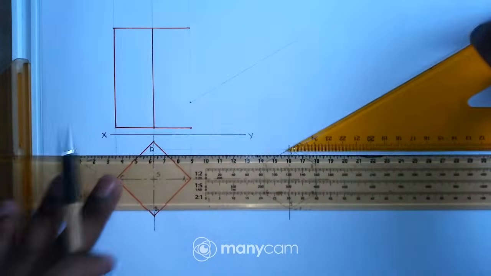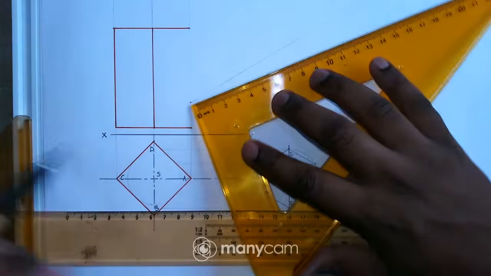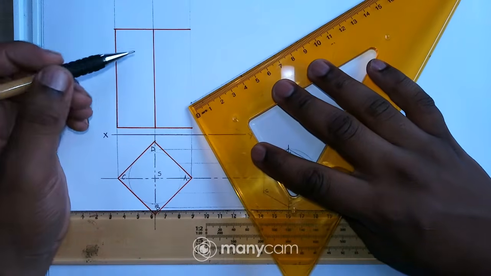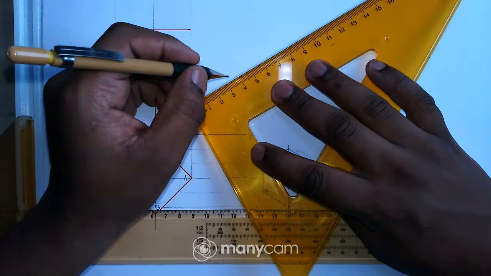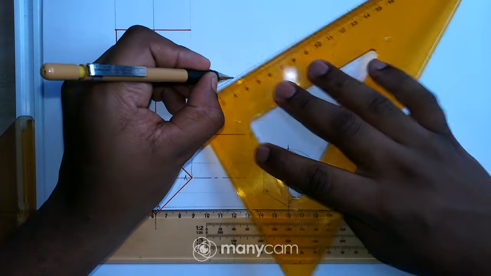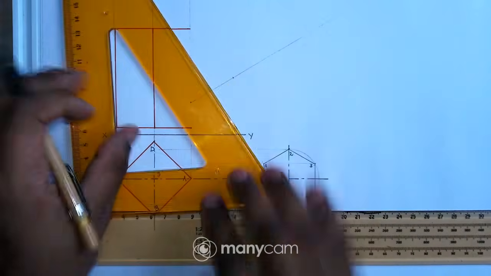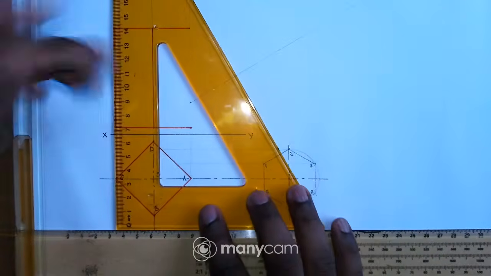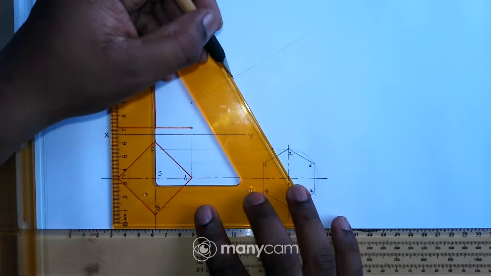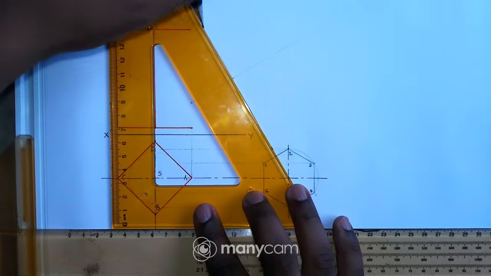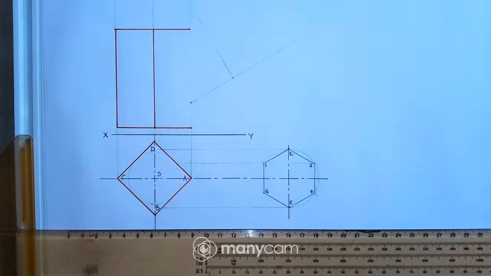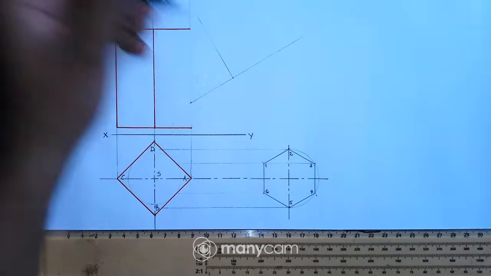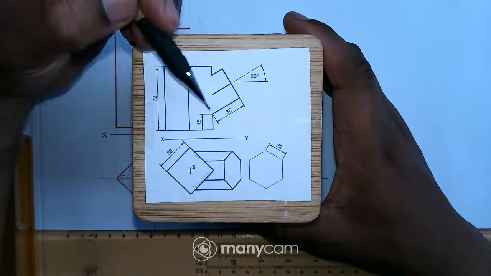Okay, and on that line I'll just mark off 36. So it's 36. I have a point there. Then from there I can just draw a line going up like that. Okay, so now I have this line and that line.